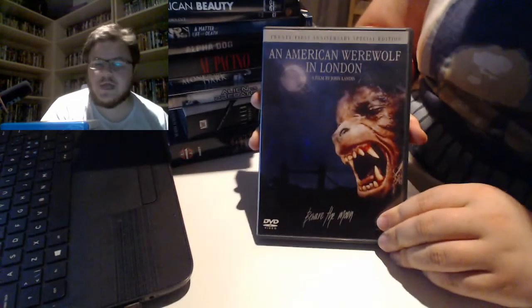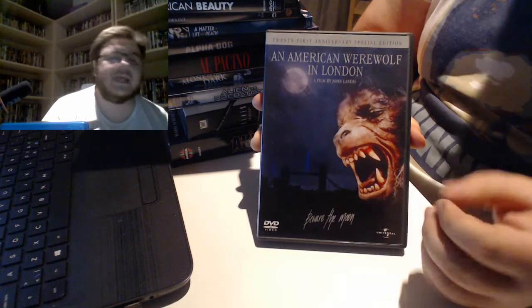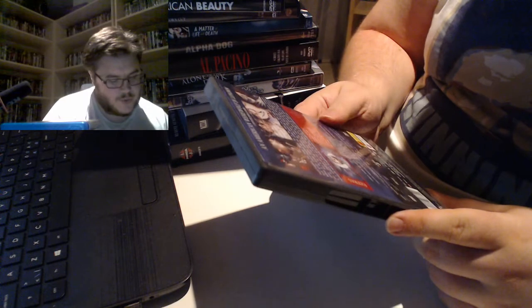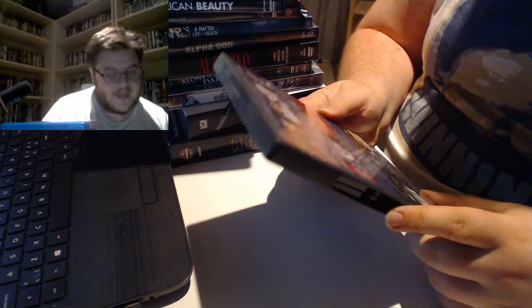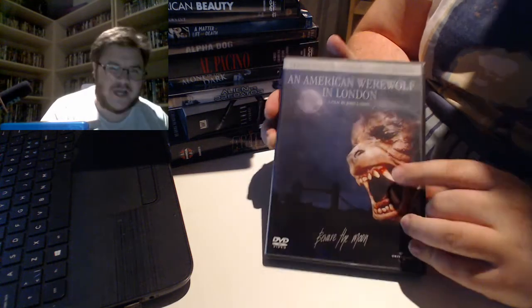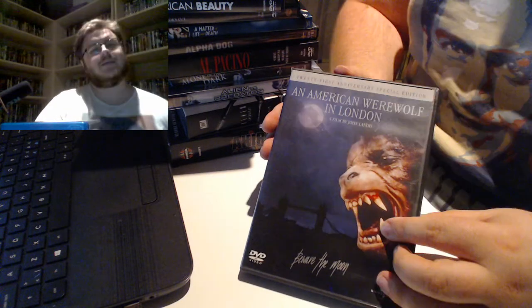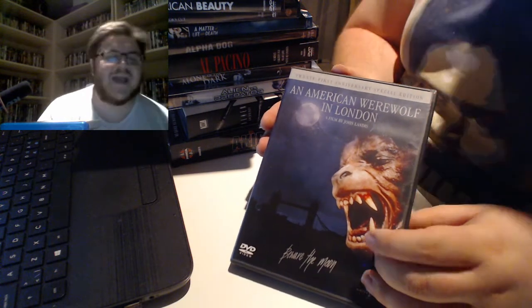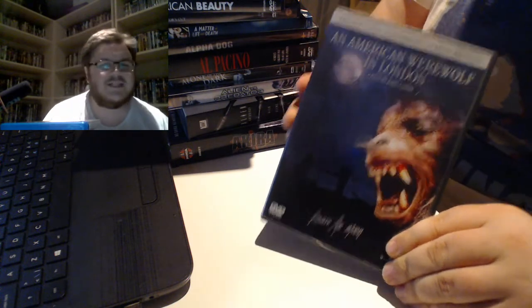And after that, we have An American Werewolf in London. Now this is horror and comedy blended to perfection. It's made in like 81 or 82, and the effects, especially the transformation effects when he turns into a werewolf, are still amazing, because there are these really well-made physical effects that modern CG cannot beat.